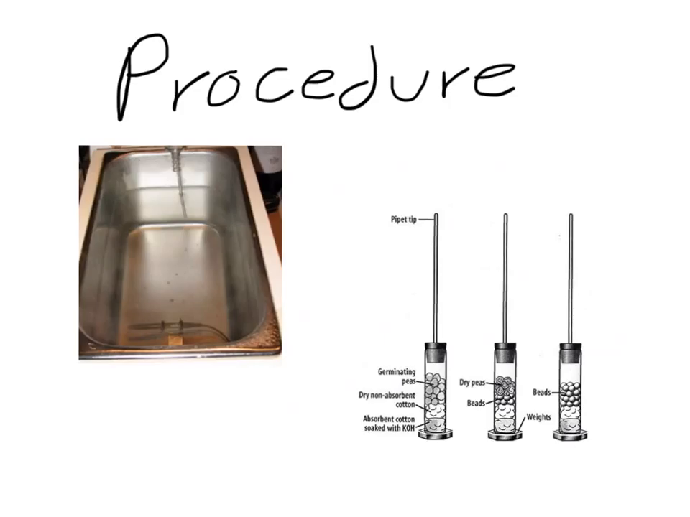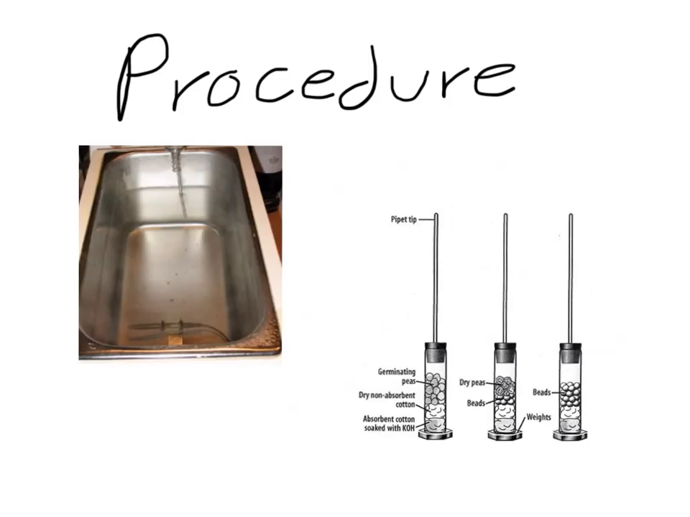with the peas. And in the first vial, we placed 25 germinating peas. In the second vial, we had 25 dry peas as well as beads. And in the third vial, we had 25 beads. And we placed these respirometers in the tray for 5 minutes without submerging the tips